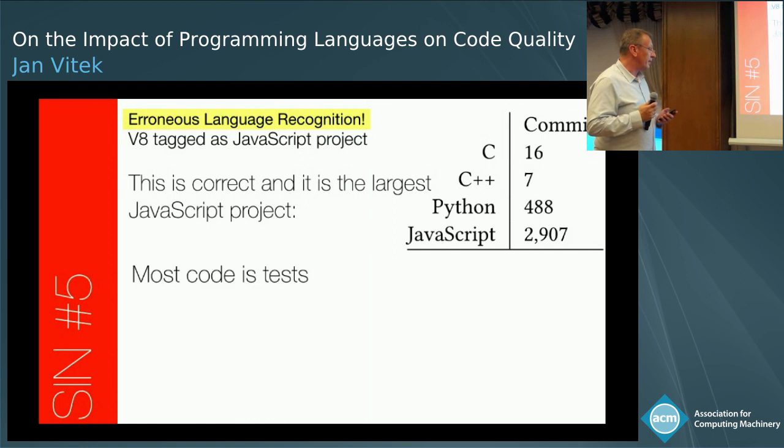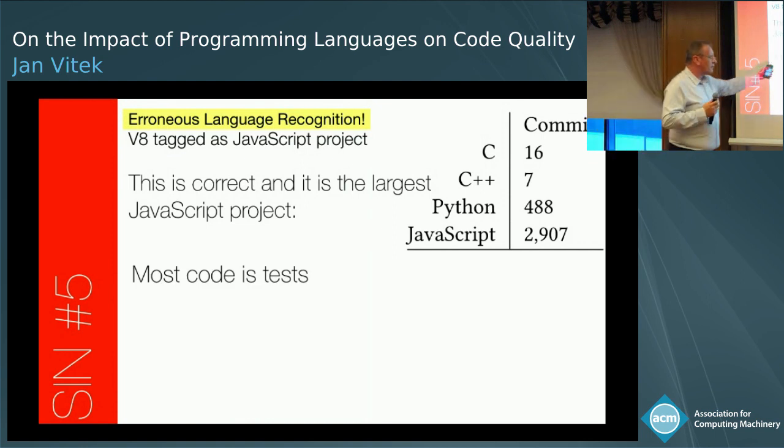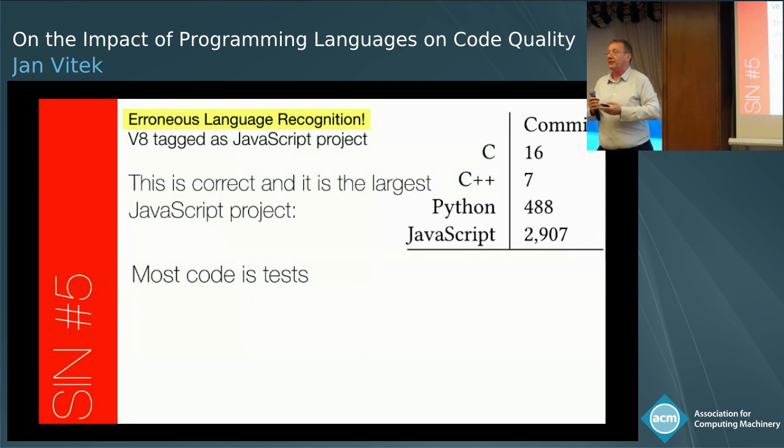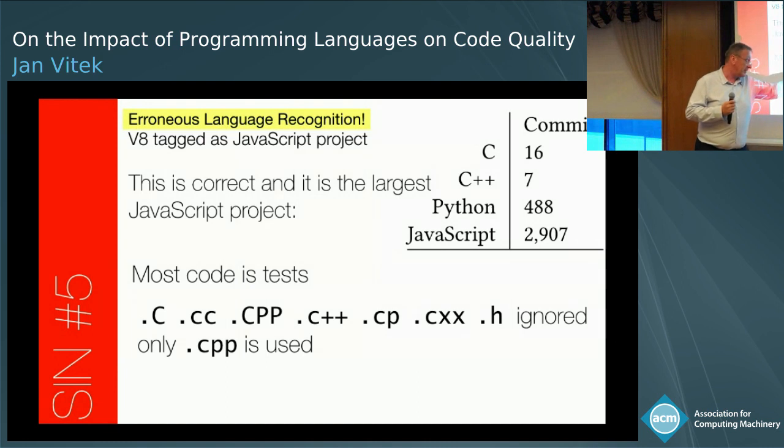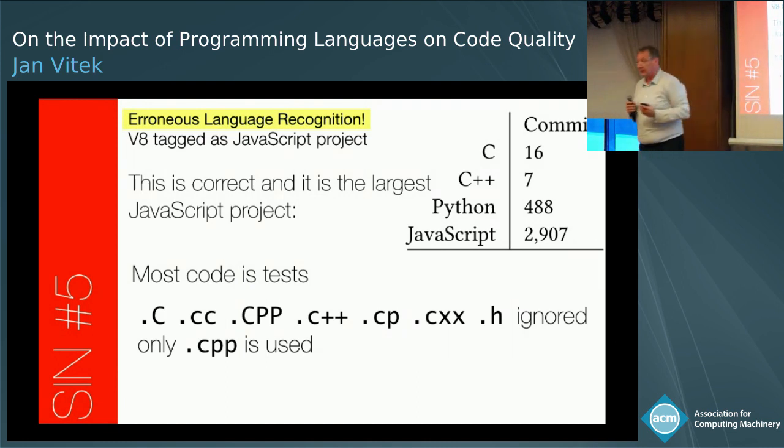So what happened? Well, most of the code we see is tests. They're the tests that come with the C++ code that was broken. So that we find. And they're buggy, well, they're buggy in the sense that they're reporting on a bug. So yes, we will label them as bug fixing, but they're not bugs in JavaScript. And all C, CC, CPP, C++, CP, CXX, and .h files were ignored. The only extension that was used was .cpp. So